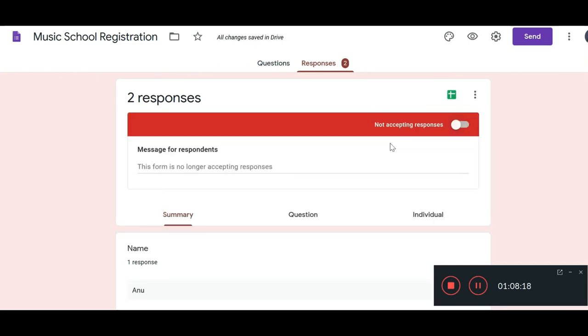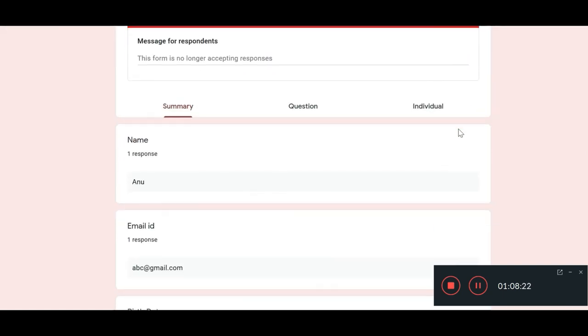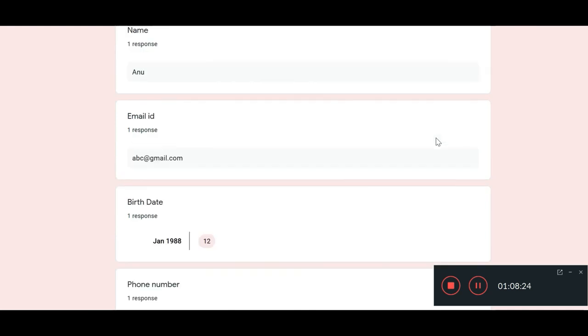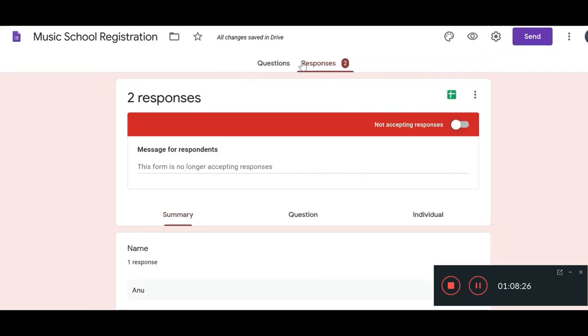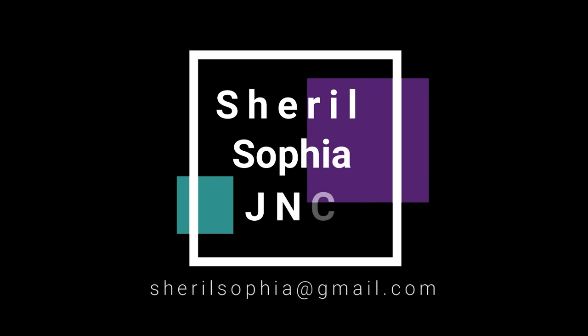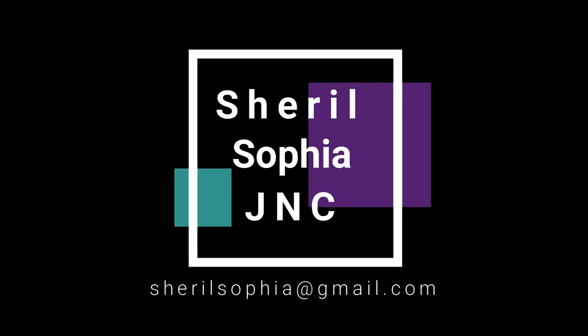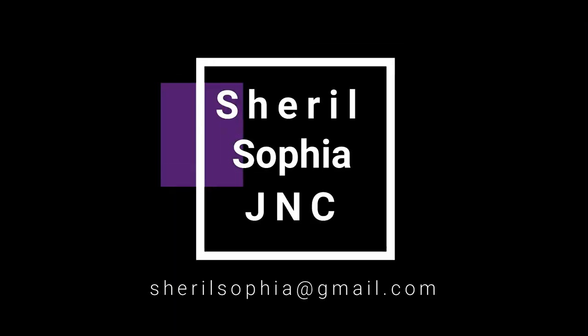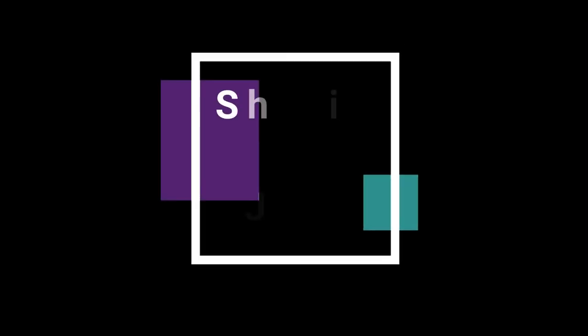Once you uncheck this particular button, this form will be inactive so that no participants can fill the form. This is how you close a registration using a Google form. You can also try working on the templates provided in Google Forms. You can just edit the templates and then follow the same instructions. Once you have implemented it,